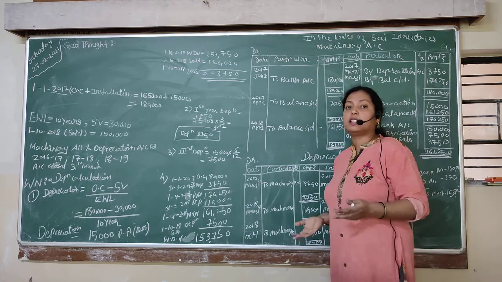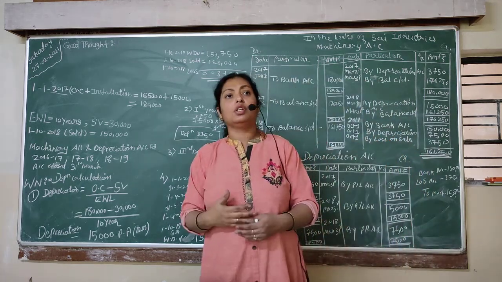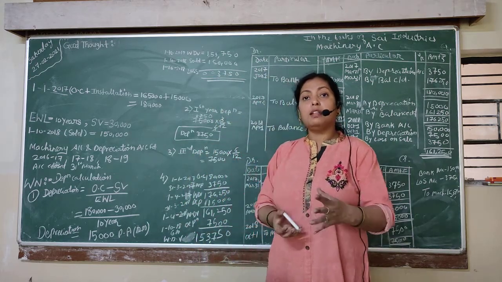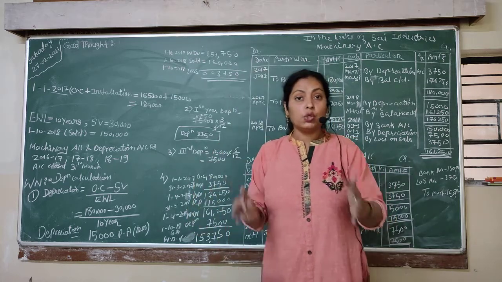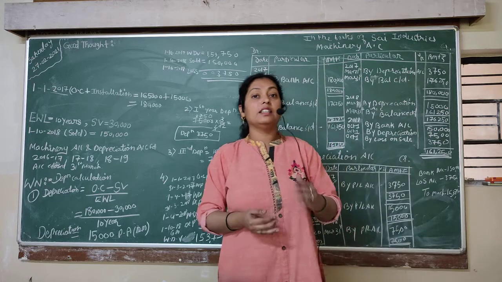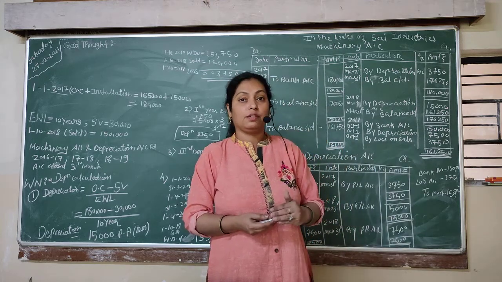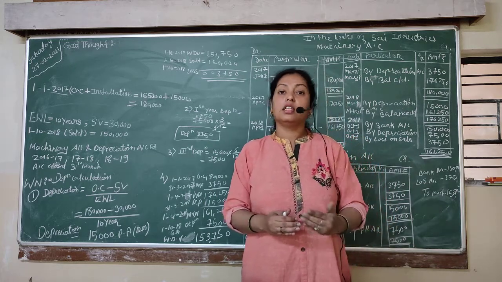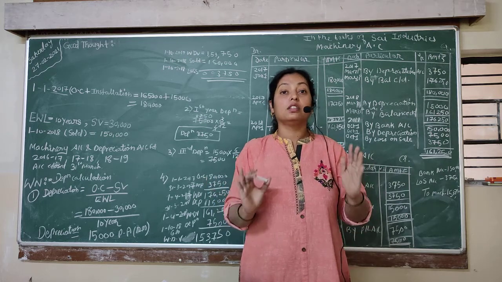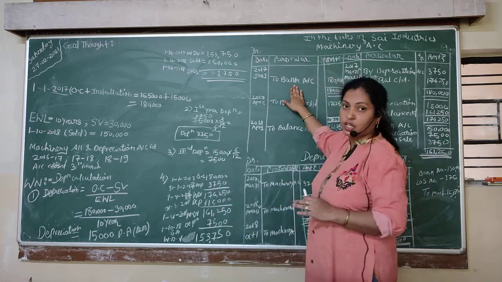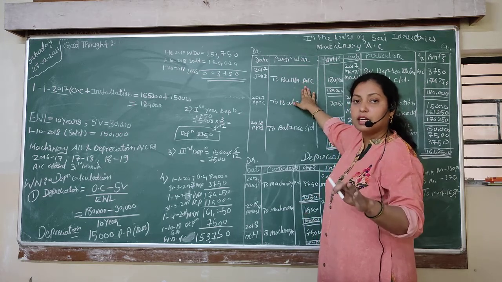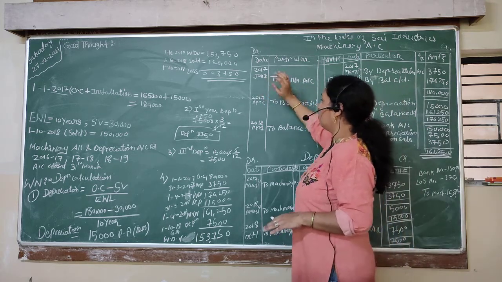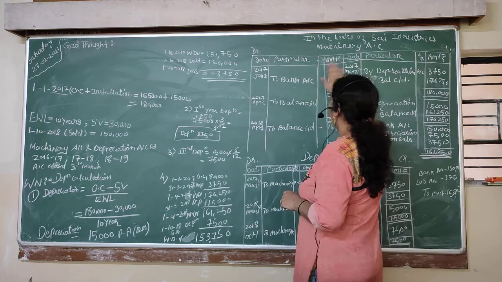Now students, why is bank given? In every solution you will see they have written the bank account, not cash or bank. Okay, so why is the bank account written? Because this much huge amount of payment for machinery nowadays is done on a check basis, not on a cash basis. So these are all huge transactions, mostly done on a check basis. That's why it is already considered that the payment is made by check. So if you write bank account, it will also be acceptable in the board exam or in the final exam. So the entry will be machinery account debit to bank account.